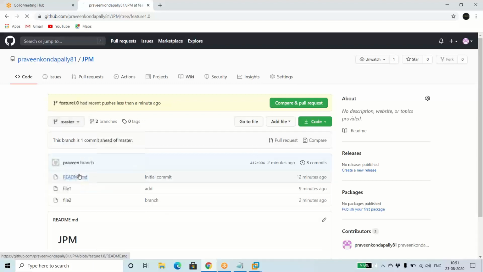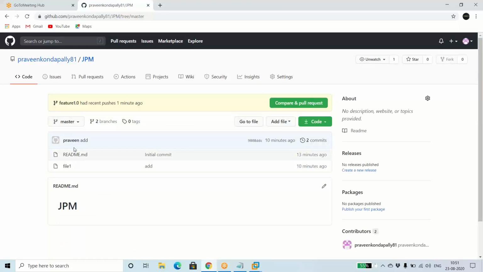So whatever you have in master, if you have five files, those five files will be added to your branches also. It will be the default. But whatever you add on a branch, those files will not reflect on master.